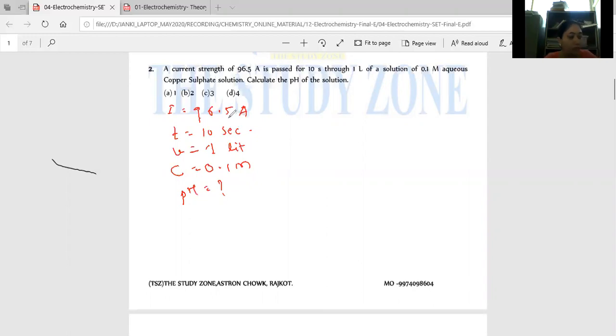Now again, first of all, if we want to find out the pH of the solution, let me ask the question: what will the anodic and cathodic products be? As we need to find out the pH of the solution, tell me the anodic and cathodic product, write down in the chat box. Copper sulfate solution, 0.1 molar. Which type of product should we get on anode and cathode? Harsh says cathode copper and anode OH minus.